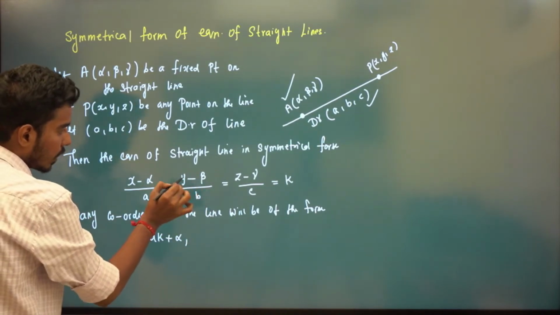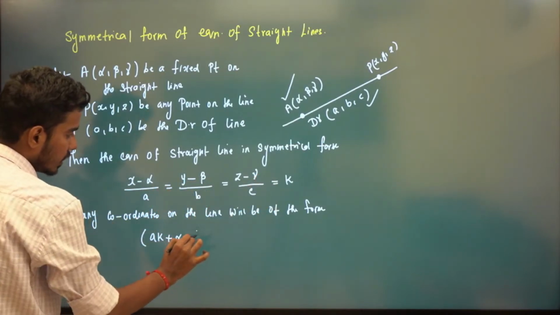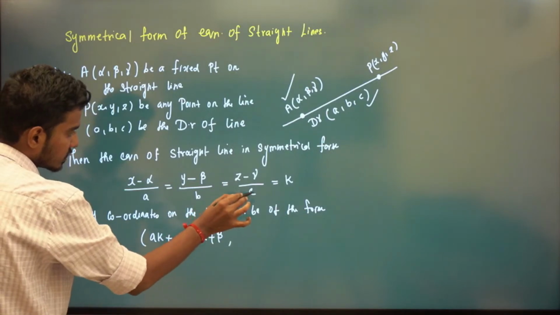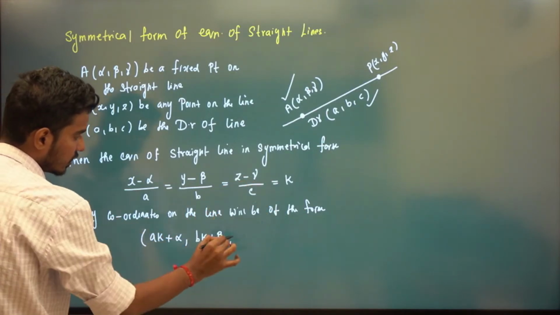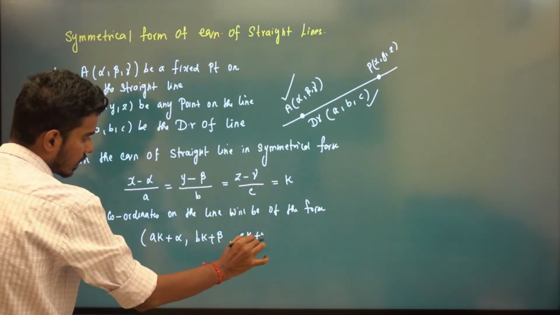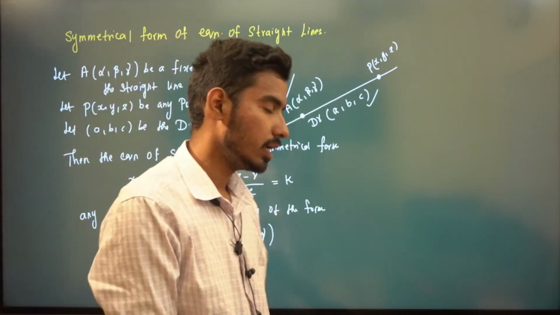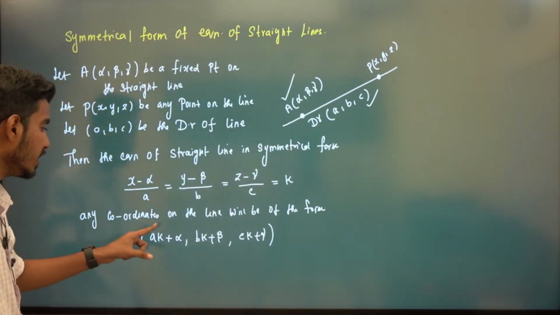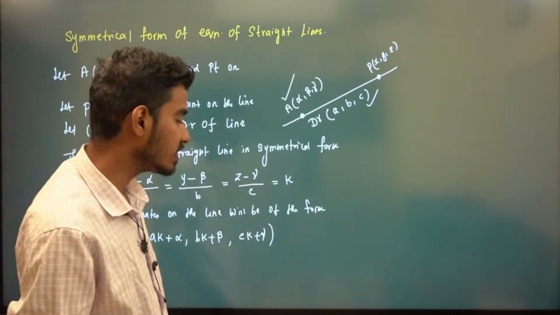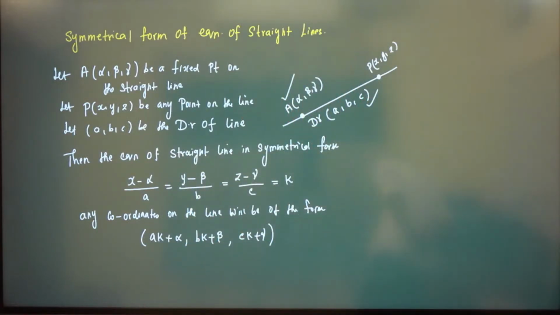And similarly, what is y? y minus beta by b is k. So y minus beta is equal to bk, so y is bk plus beta. And z minus gamma by c is equal to k, so z minus gamma is equal to ck, so z is ck plus gamma. So any point, any coordinate will be of this form only. That is, any coordinates on the line will be of the form ak plus alpha, bk plus beta, ck plus gamma. Alpha, beta, gamma is a fixed point on the line, and